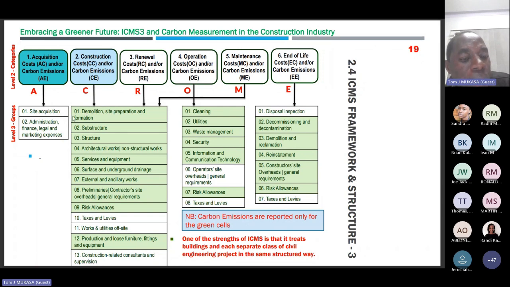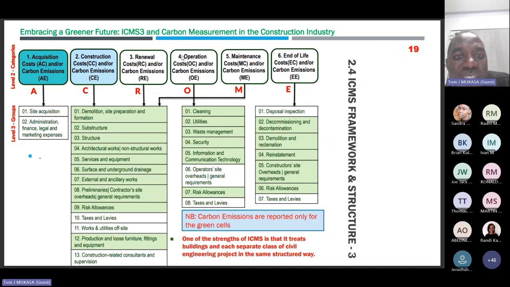They've dropped the word super because it was not universal, because outside the Commonwealth and Australia and Canada, you find that they don't use that language like in the US and in China and Japan. So they now use it as a structure. Then the finishes and all those non-structure works have their own group. Then you go to the services. Then you get to underground and surface drainage, then external works. So these are more or less like the elements we are used to.